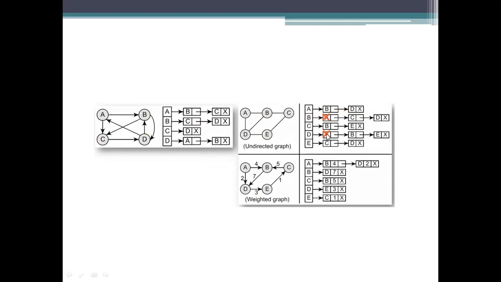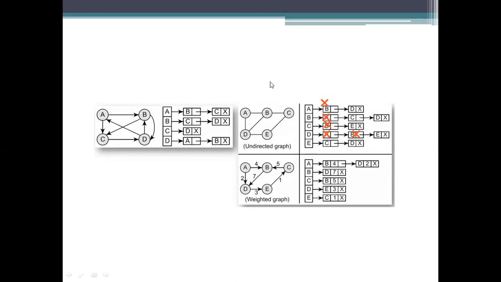At D also, we need to represent A. And coming to B, to which it is connected: it is connected to A, C and D. So A, C, D. Here also we need to represent B, B, and again B. Multiple times we need to represent the same edge. Just remember this thing: the same edge that we are crossing multiple times, twice, has to be represented, has to be stored in this list format.